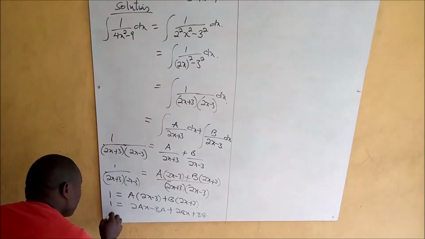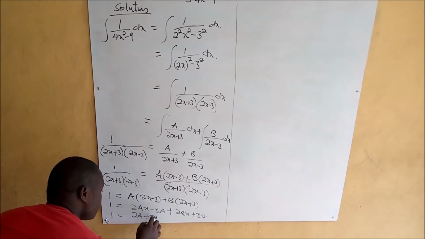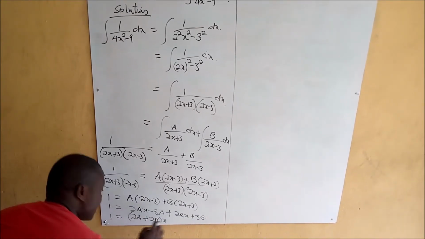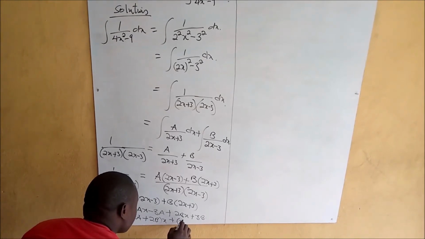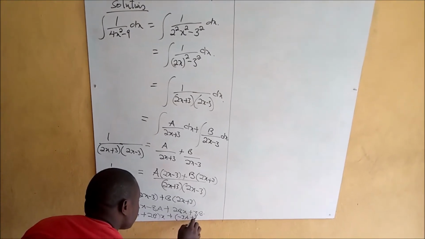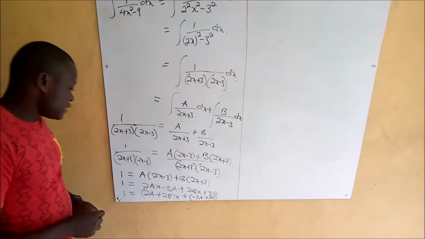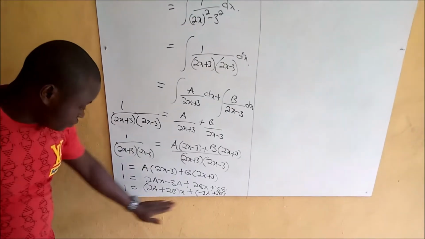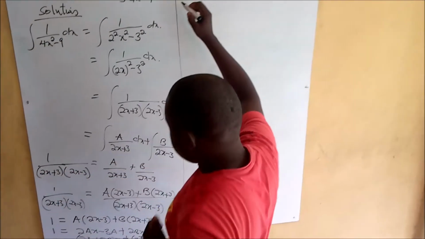So 1 will be equal to (2A plus 2B) multiplied by x, plus (minus 3A plus 3B). If you compare the left hand side with the right hand side,